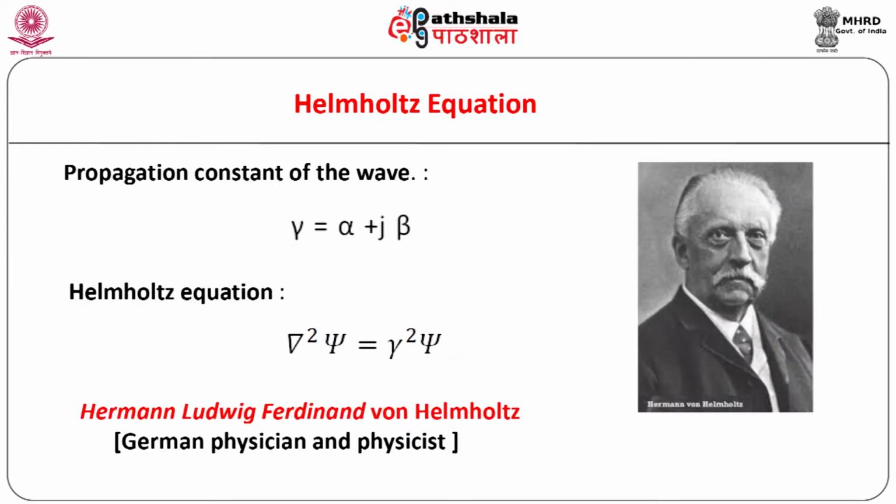As seen in the earlier module, as the wave propagates through the medium, its amplitude may decrease due to loss of energy and the phase will change with time. These two facts are accounted for by the two quantities, namely attenuation constant alpha and the phase constant beta respectively. Thus, we have a single constant gamma equal to alpha plus j beta, known as the propagation constant of the wave. The wave equation involving gamma in its dimensionally balanced form becomes as shown.